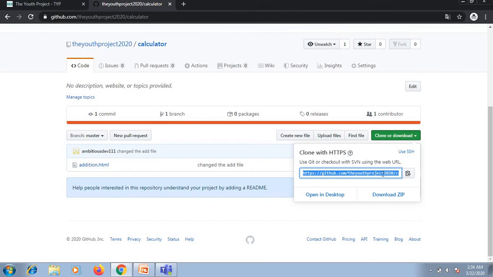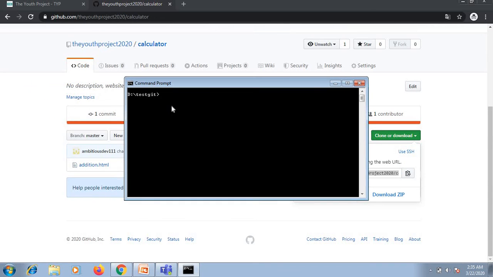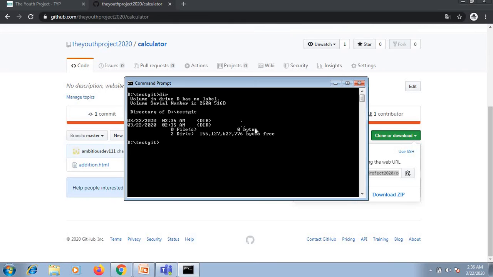This is my repo URL, and I'm going to open my command prompt. Now, after opening my command prompt, I will move into the folder where I want to place the whole code. Let's do dir and see what is inside. Currently, you see there is nothing inside. When I run git clone, and of course you need internet connectivity for that, and paste the URL which I copied from GitHub,